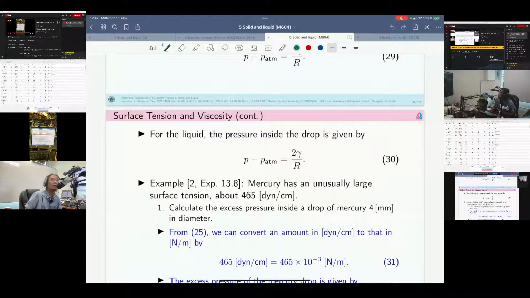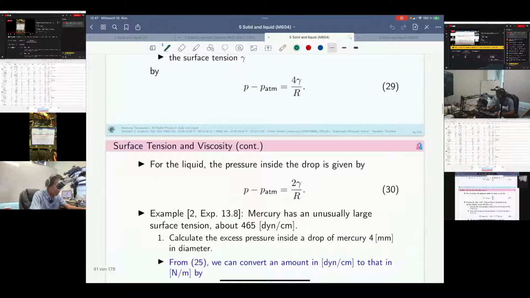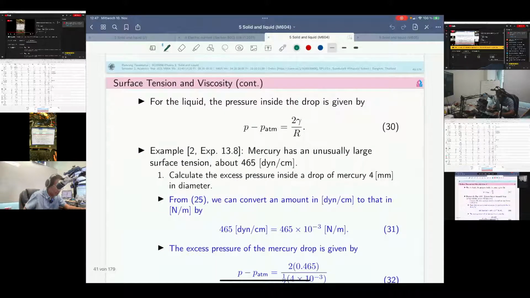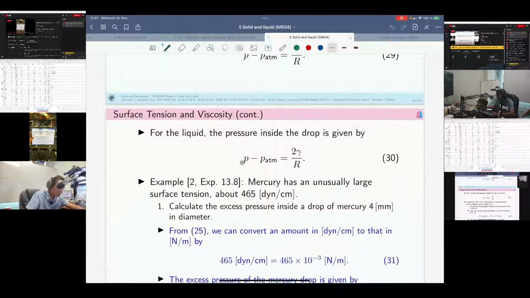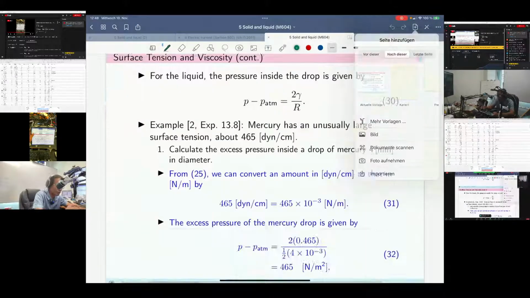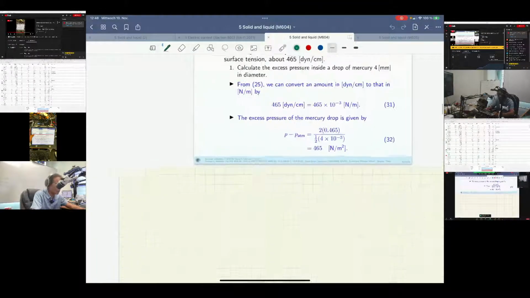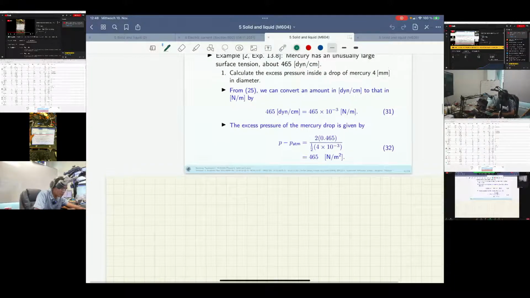Yeah, we will continue our, this one, right? Calculate the excess pressure inside the drop of mercury. Okay, it's a drop of liquid, right? Which is a kind of fluid. So the excess pressure, it means it's delta P, right? Delta P means the excess pressure. Yeah, they asked us about